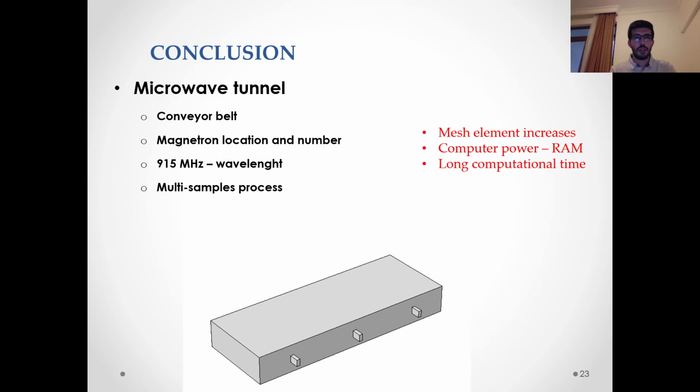But the food industry prefers the microwave tunnel instead of the domestic microwave oven. And the sample moves straight on the conveyor belt in the tunnel, and the electromagnetic distribution depends on the magnetron location and the number of magnetrons. 915 MHz can be used in the microwave tunnel for the higher wavelength, and big samples can be processed at this frequency, and multiple samples processed simultaneously in the